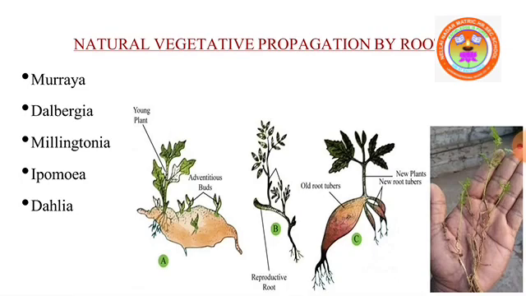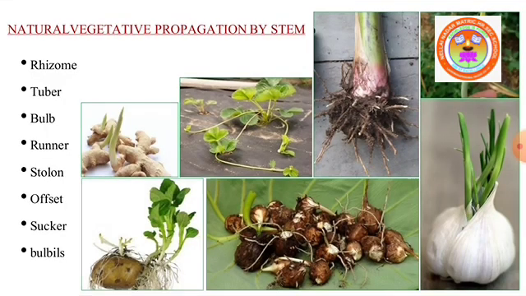Some of the plants have tuberous adventitious root parts which develop buds and also store food. Example, Ipomoea batatas, sweet potato, which you can see in the picture, as well as Dahlia. So plants in which roots possessing buds become detached from the parent plant and grow into a new independent plant under suitable conditions. So these are a few examples of plants which naturally propagate or reproduce by roots.